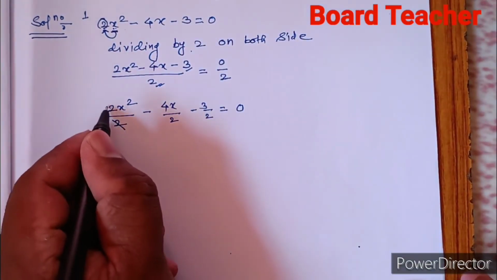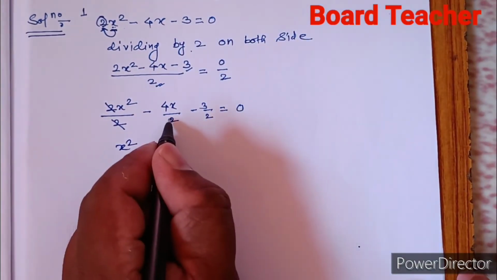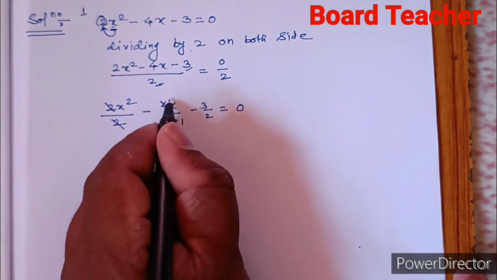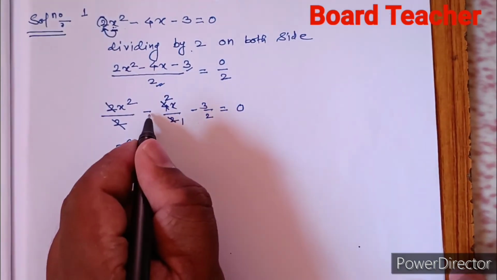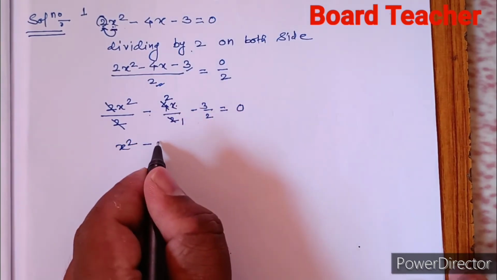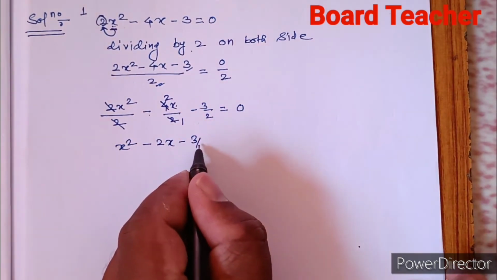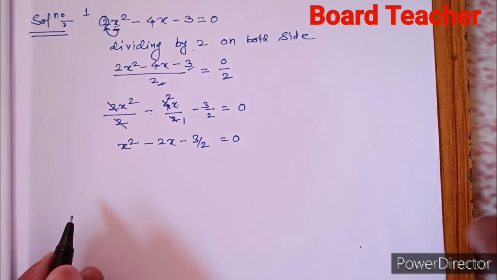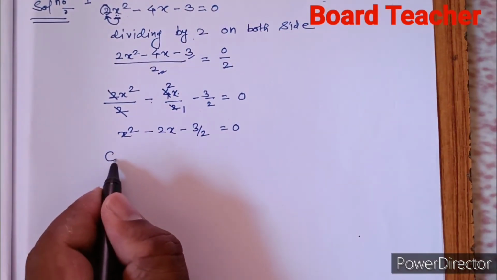Here 2 gets cancelled, and x square remains. Here 2 and this 4 will be cancelled 2 times. That will be this minus here, and 2 into x, 2x minus 3 by 2 equals to 0. Now we have to compare